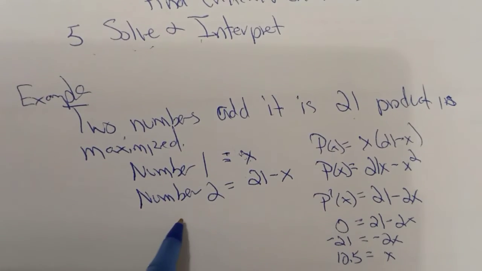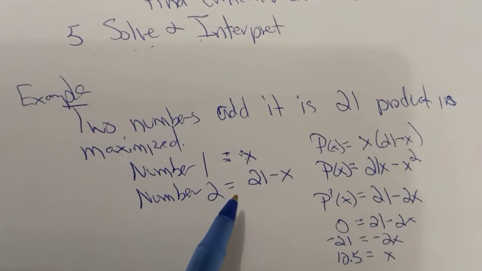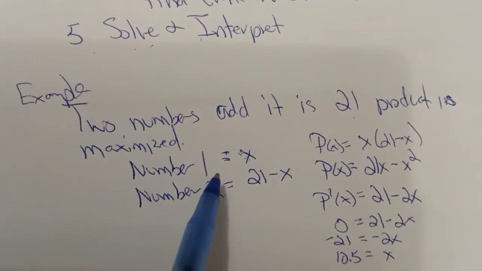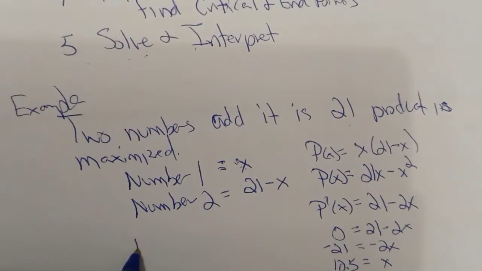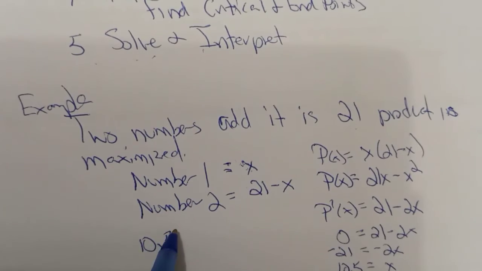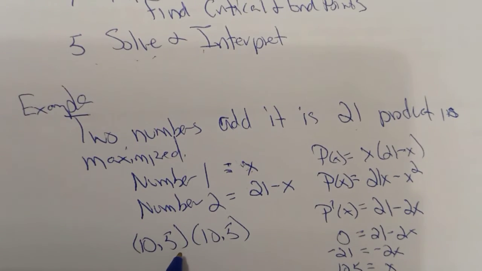Okay, now that I get x equals 10.5, my two numbers that add to 21 and the product is maximized, I get a 10.5 times 10.5, and my value is my maximized value, which gives me